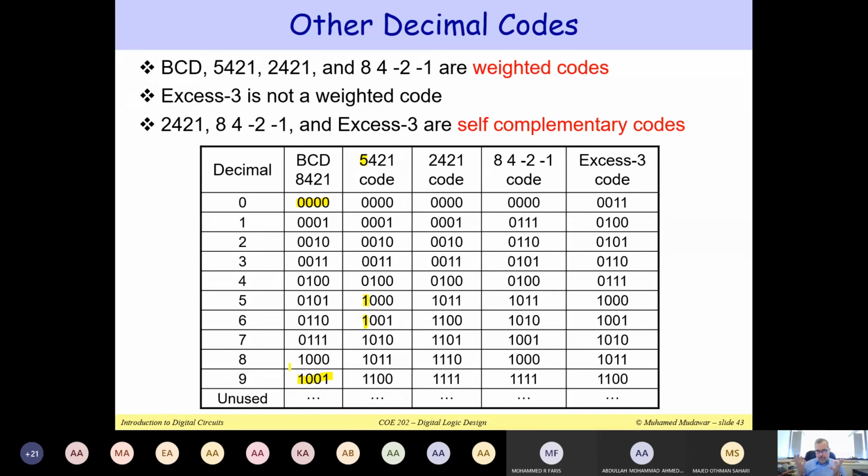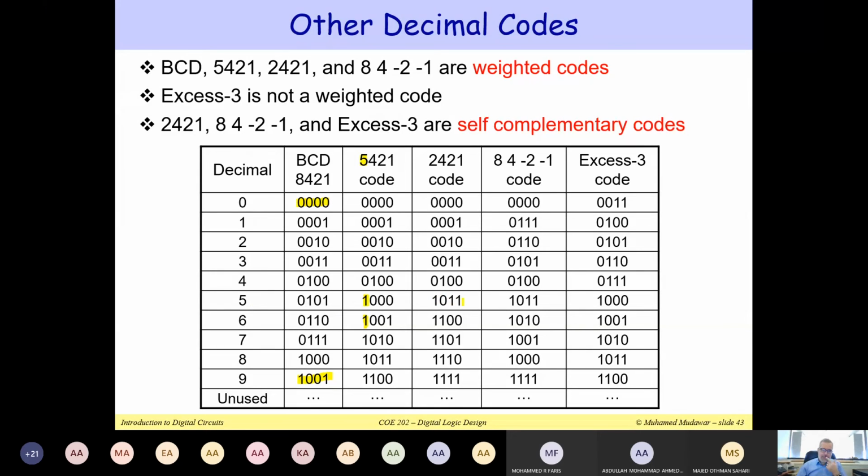A third possibility is to use 2421. This is yet another way to assign the code to these 10 decimal digits. Notice that the first 5 decimal digits, from 0 to 4, are identical in BCD 5421 and 2421. The difference is that when you reach 5, 5 is encoded